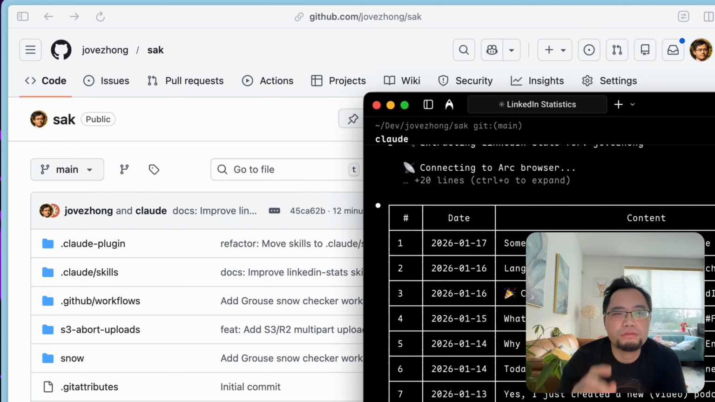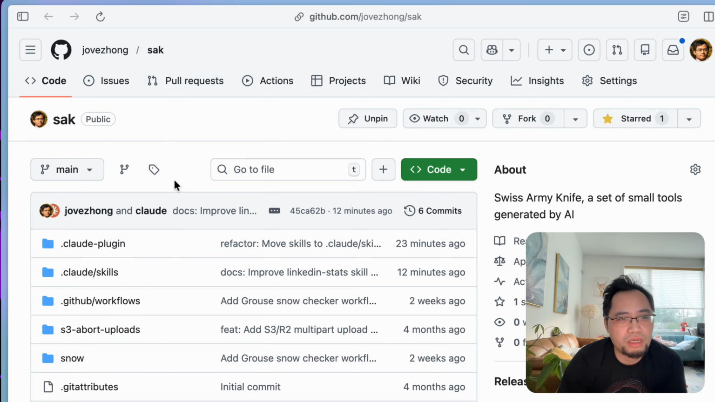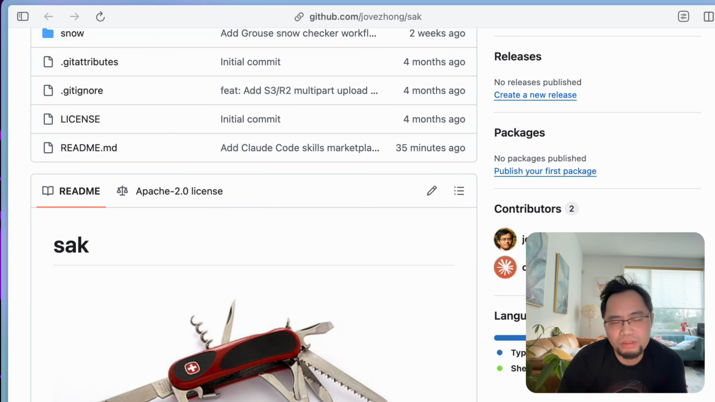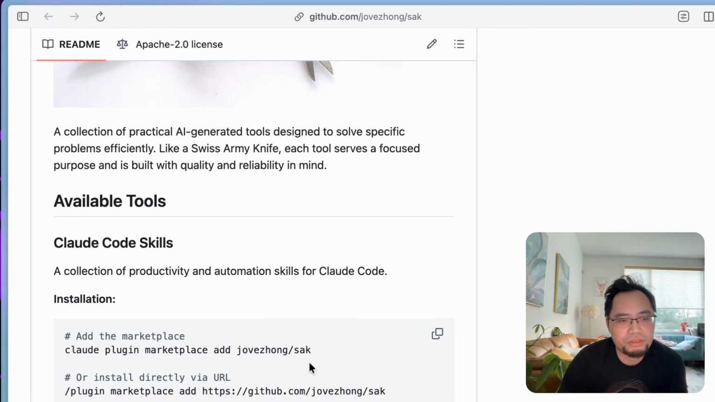Yeah, that's it. And also I make this skill available in my public repo. Just go to jove.com/SAK, meaning this Swiss Army knife. It's almost all in one. You can follow the instruction on how to install the skill, and feel free to fork or ping me